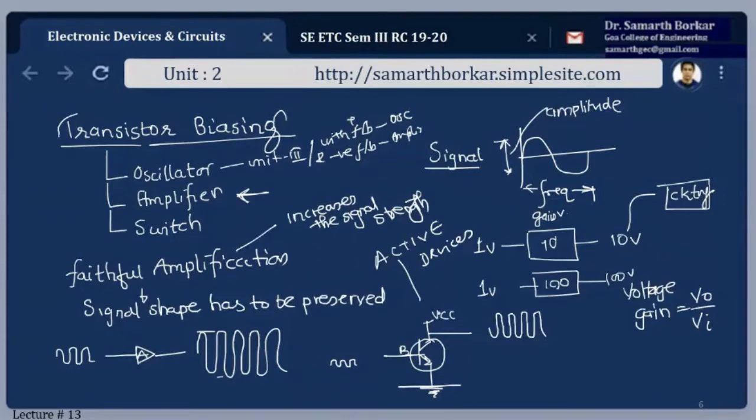Without a battery, your transistor is not going to work. If I take this out, VCC is what? A battery source. Your remote control, without a battery, will it work? No. It has to have separate excitation, VCC. So all those devices which require external voltage to operate are referred to as active devices.